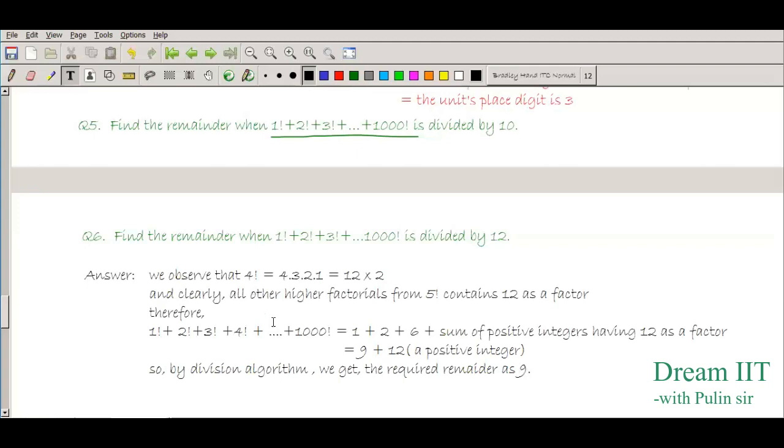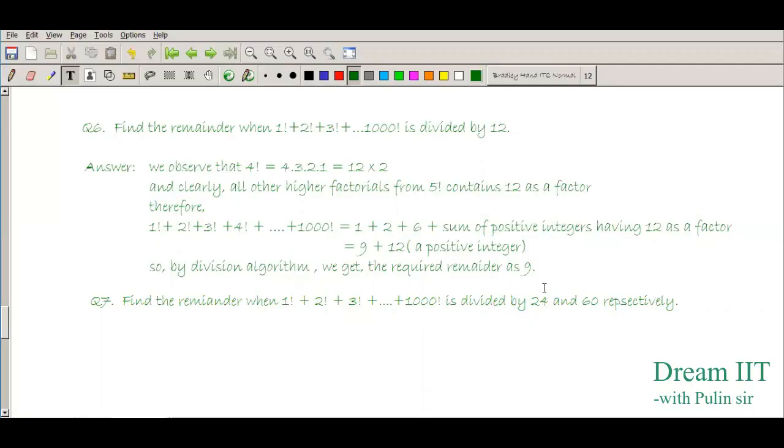Please see this question. This is an interesting question. So here I am leaving one question for you to do. Right? If the sum is divided by 24, what will be the remainder? If the sum is divided by 60. And when you face the problem, it may not be 1000 factorial, it may be 10,000 factorial, it may be n factorial, right? They will of course specify n is greater than what or n is less than what, like that they will specify it. So please be very clear about this.